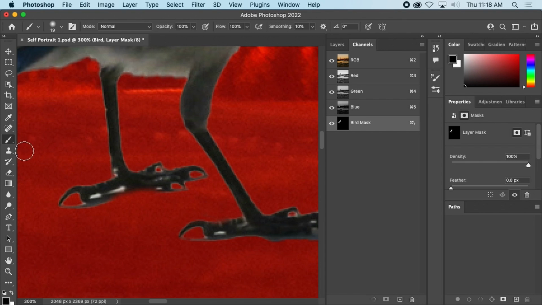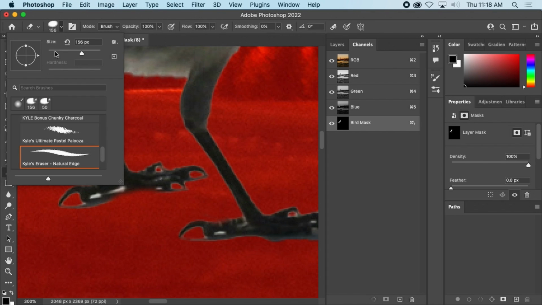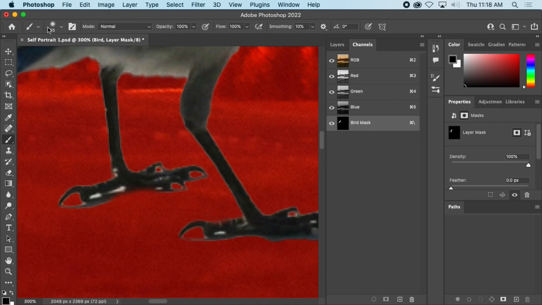So if I wanted to remove some, I could grab my eraser. And my eraser is kind of a big, weird thing. So let's just get a regular brush. I'm just going to use the properties up here, and I could erase parts of my mask. Although for some reason, it switched me back to the brush. Okay, but I don't really want to do that. I just want to brush out the shadow parts